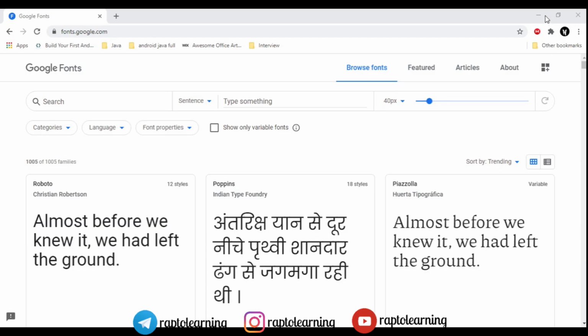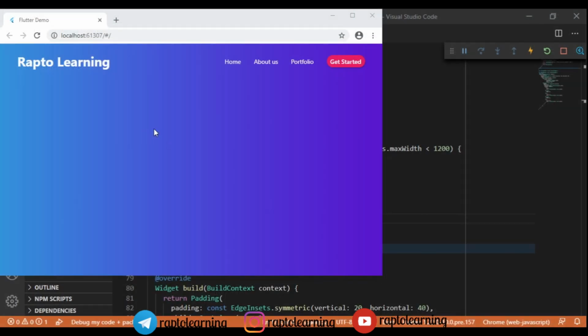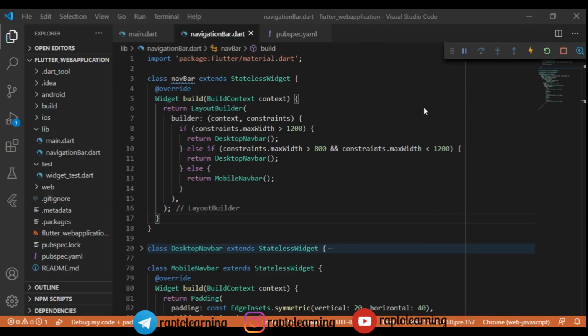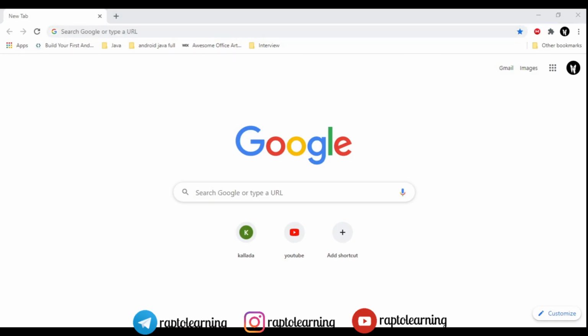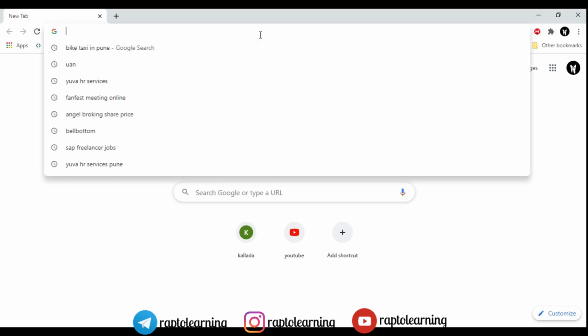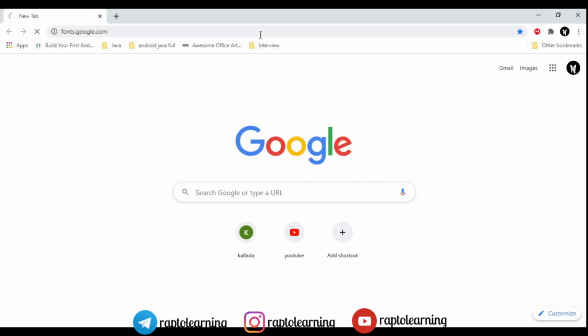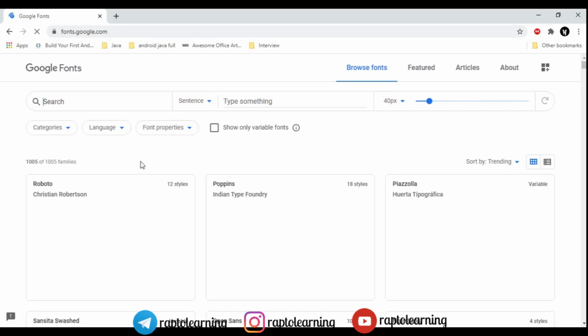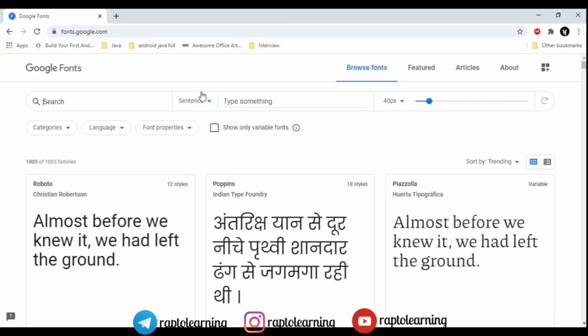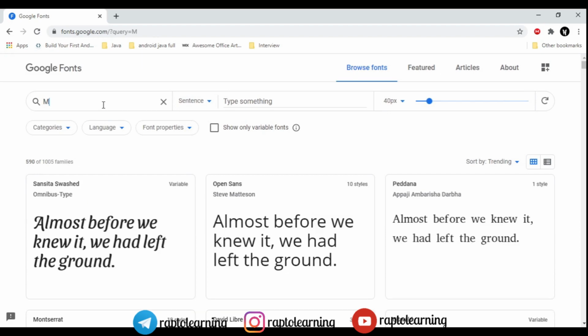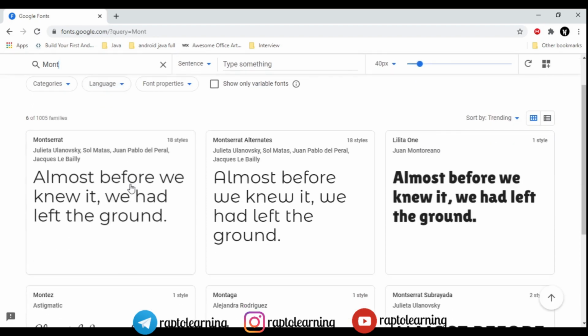And let's add some fonts so that our title will look awesome. So let's search for a font. Before adding and choosing a specific font, I will just show you where we are going to implement it. We are going to implement this font for text styling our widgets in the web app, right? So let's do that, and we will give this to our title also. I will give you the link of this website in the description below. Make sure to check it, this is an awesome website. It is provided by Google only.